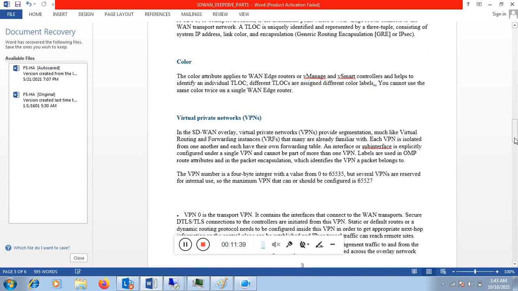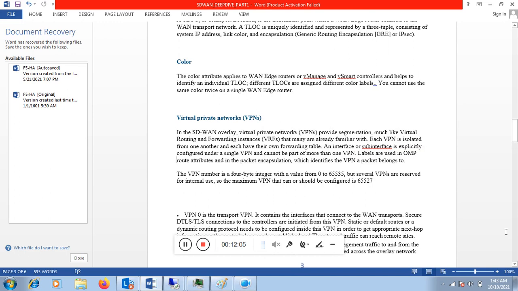Then if we talk about VPNs, in the SD-WAN overlay, a virtual private network provides segmentation much like VRF, which many of us are already familiar with. Each VPN is isolated from another, and each has its own forwarding table. An interface or sub-interface is explicitly configured under a single VPN and cannot be part of more than one VPN.